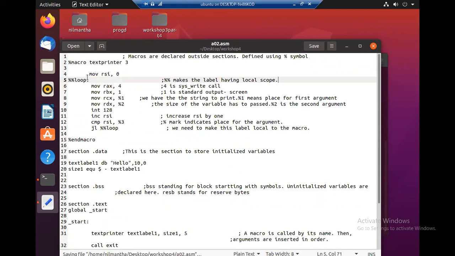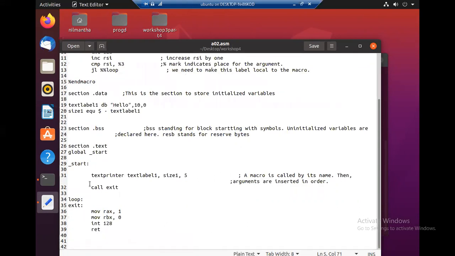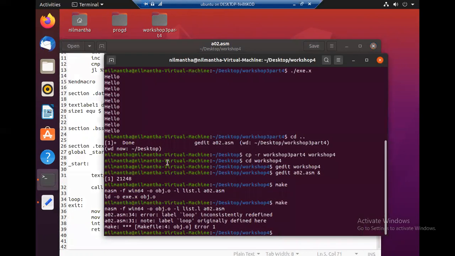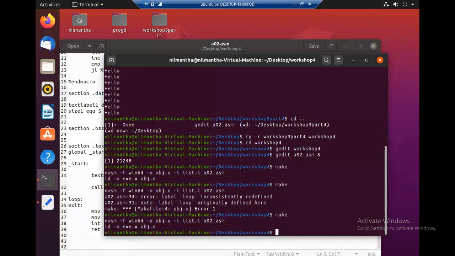This will make this label have local scope, so there is no ambiguity between this label and this label. So we'll make. Now okay, there is no assembling error.